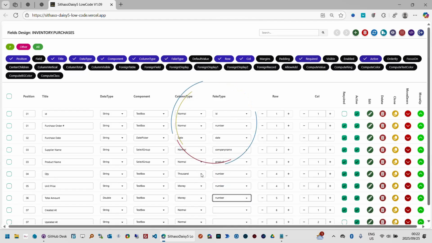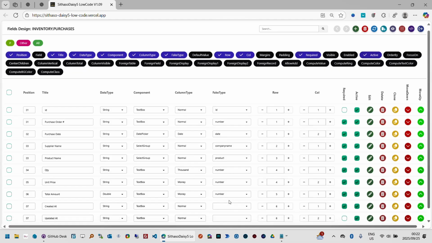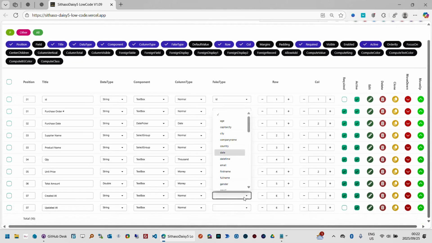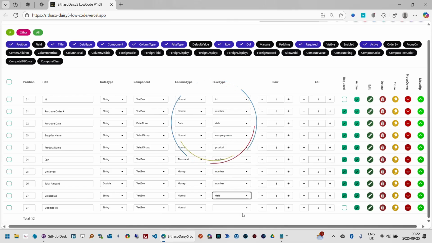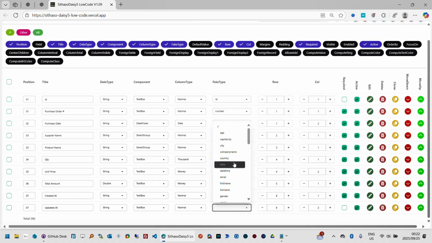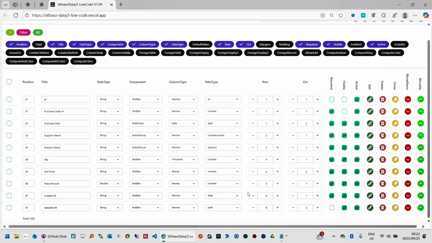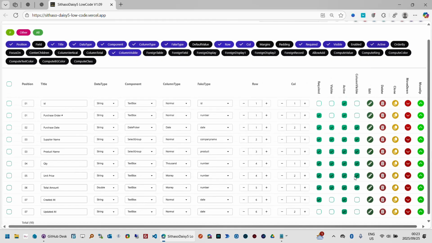So as you can see here, this will display as thousands. Product name, this is date. We can hide this information on the form because usually this information is controlled by code, and when we want to edit, we can just decide to hide it on the form itself. So let's do that. Visible on the form. So we hide that one, and then on the column visibility for that one,